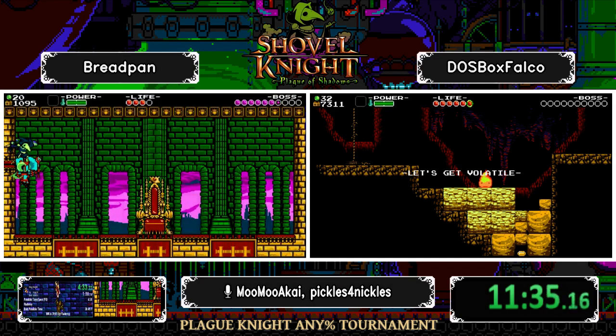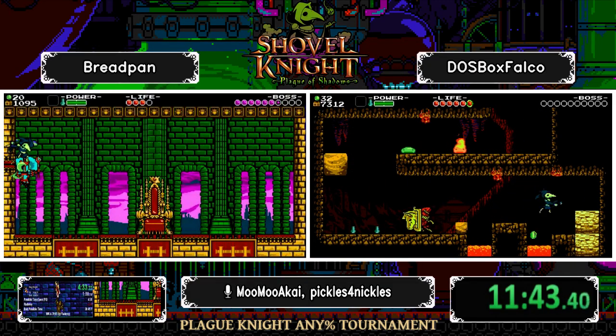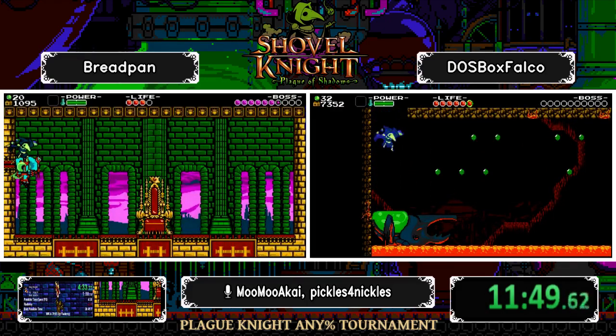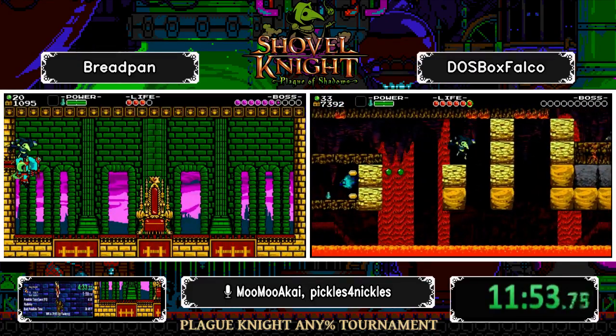Anyway, after Explodatorium, oh, he's going to Iron City. Iron City, my favorite. Lost City. I'm assuming that Breadpan is going to Iron Whale. Optimal map movement wise, you'd be going to Iron Whale. However, if you're not as comfortable with Lost City, then you'd probably be going here because of Beetle 1,